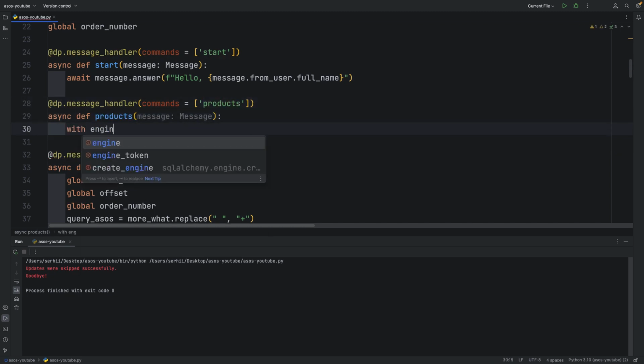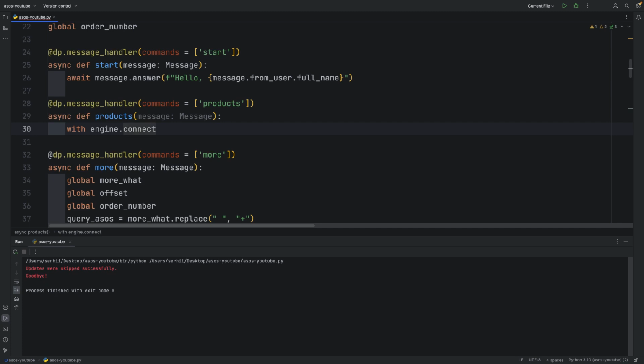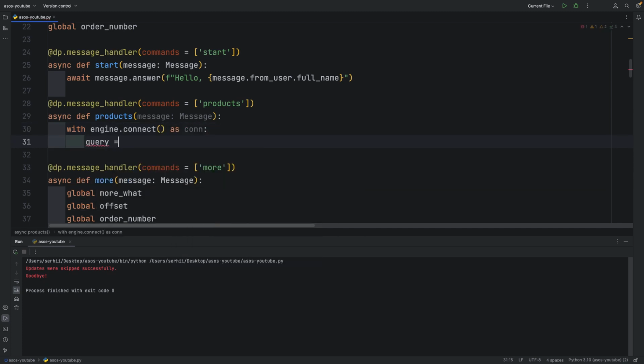First, let's connect to our database using the engine and connect as con. Our query will be select distinct user input, where distinct is a synonym for unique, from ASOS YouTube, where Telegram ID equals message.fromUser.id.